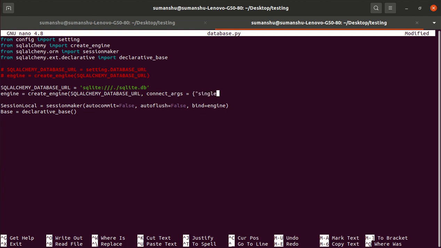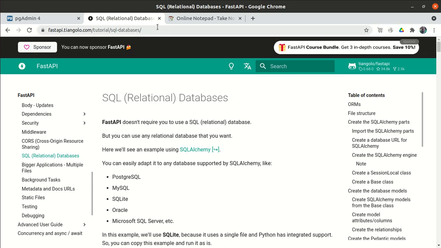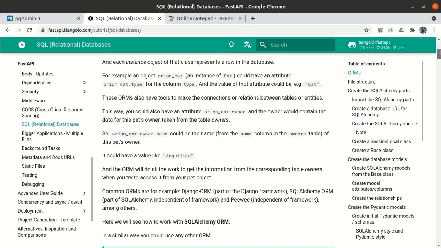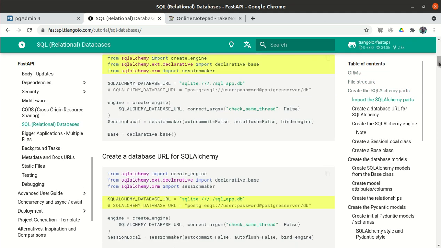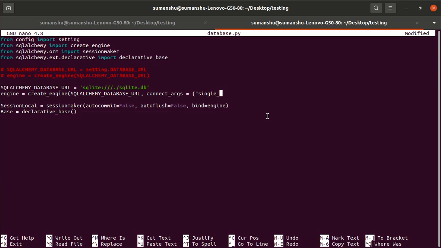Let me check the official documentation once. It is check_same_thread in connect_args, and we have to define it as False. This is only required for the SQLite database. Otherwise we just have to pass the URL. We don't have to pass another argument.